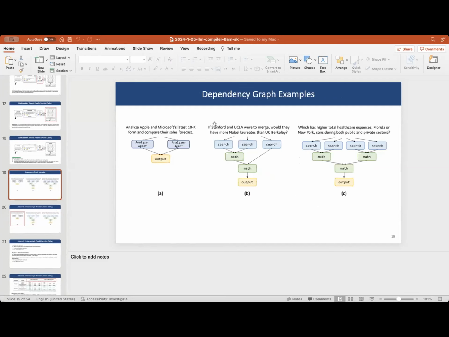Looking at this example here, OpenAI parallel function calling can only find that these three search tools can happen in parallel. It cannot plan beyond this boundary and plan out the math operations. So once the search tools get executed, we have to run OpenAI parallel function calling again with all the search results appended, when it can finally output that this math tool can happen, right? Versus in our scenario, we can have the entire graph generated in a single shot, and that results in fewer LLM calls and a better planning strategy.